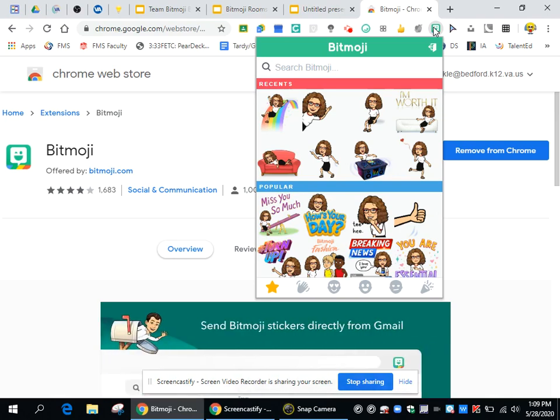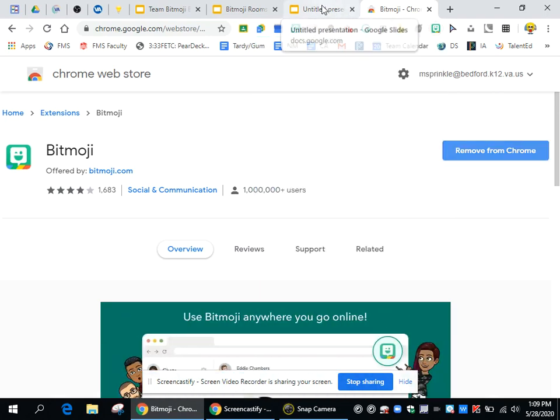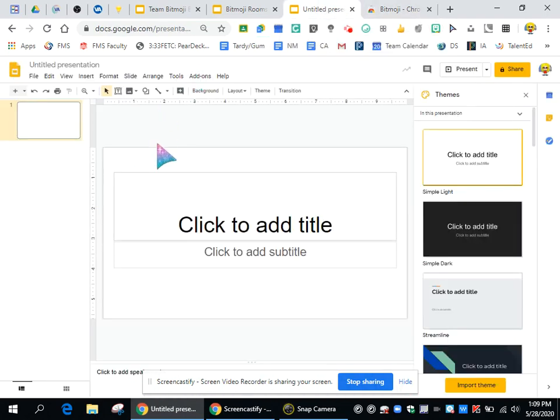So once you do that, you can easily start creating your Bitmoji rooms using either PowerPoint or Google Slides. For this presentation, I will be using Google Slides because it's easier for me to do that and just have it all in one place already in Google. So once you open up a new presentation,